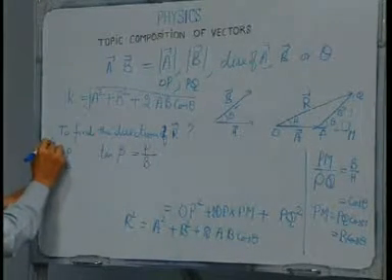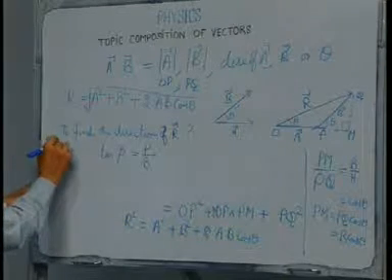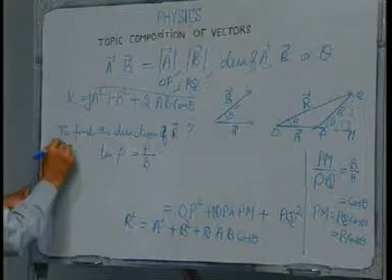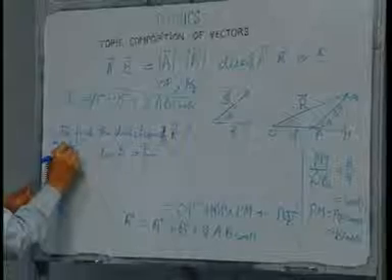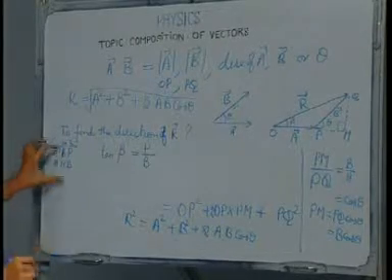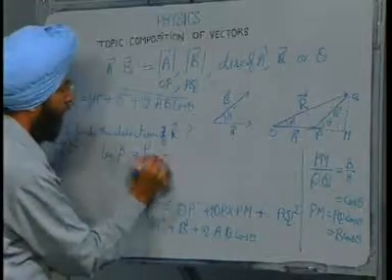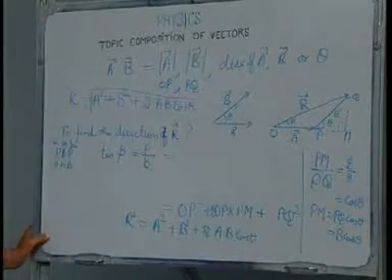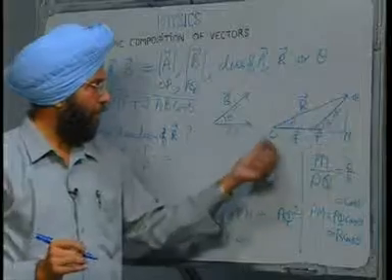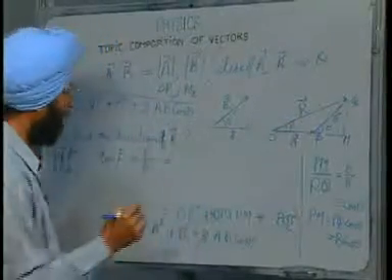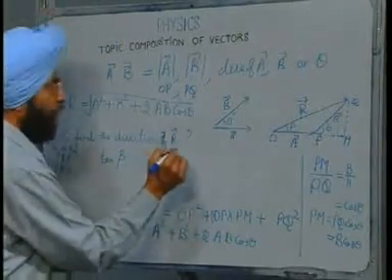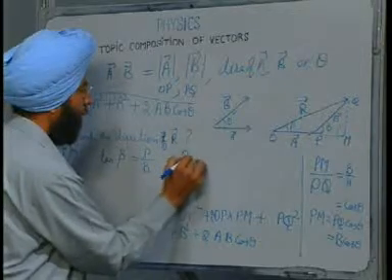We have used this: sin, cos, tan. Perpendicular over base is tan theta. Now, what is perpendicular in the triangle OMQ? Perpendicular is QM